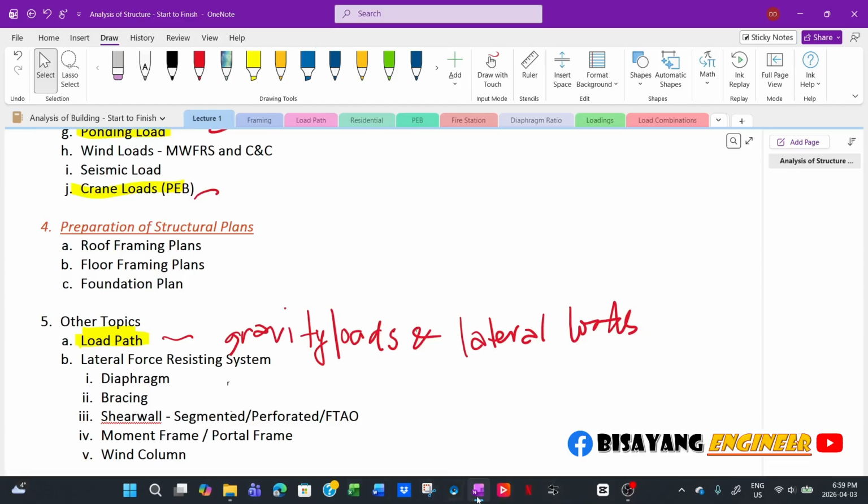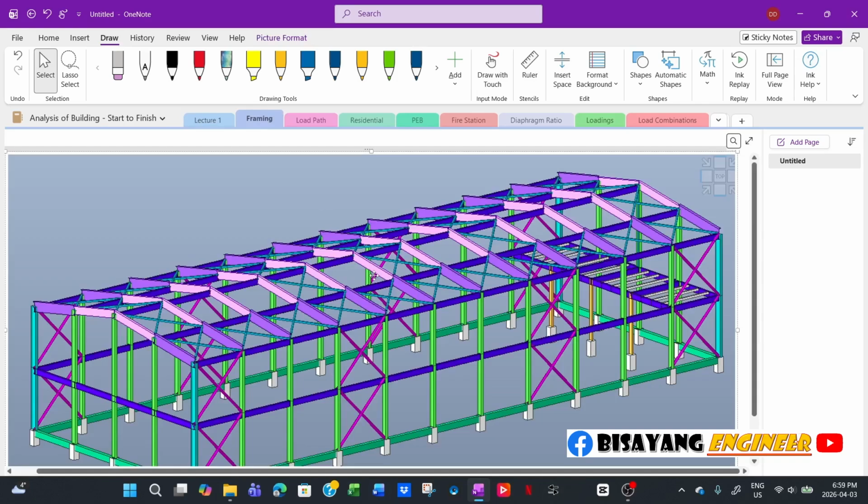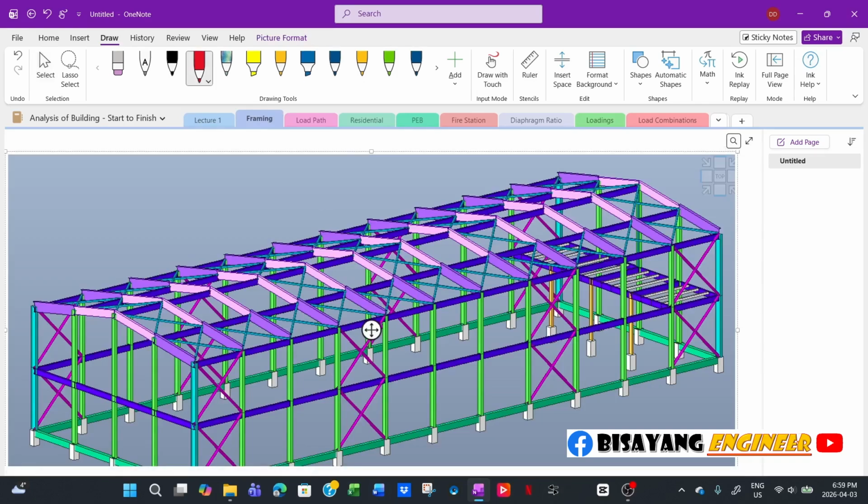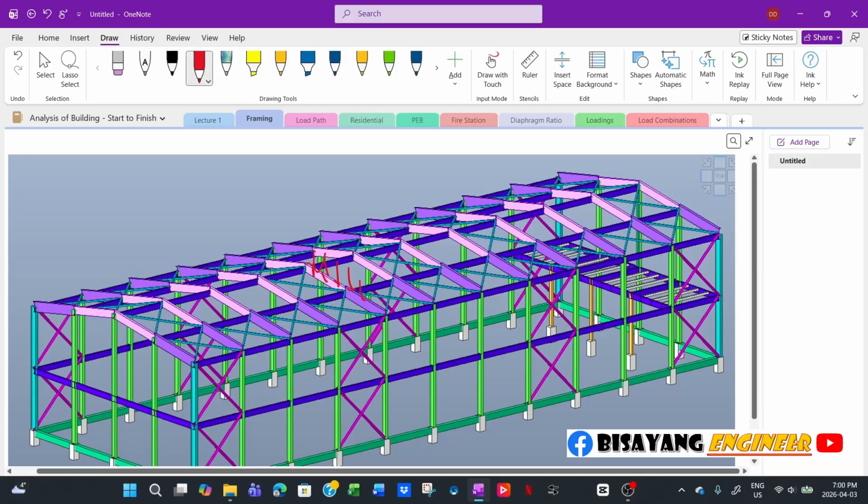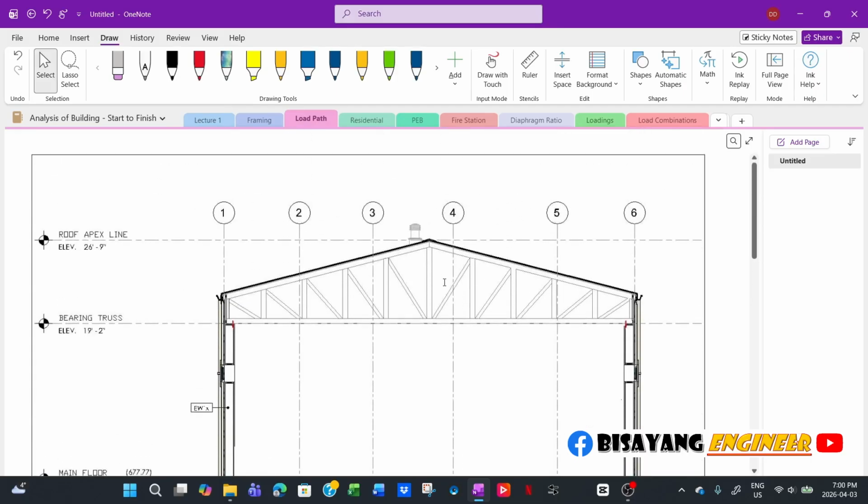Now we should start from the roof. So for example, this is your roof framing. You will have the gravity loads. If you have purlins, and you consider snow load, the snow load will be on your roof panel. I have prepared a section here. So if we zoom this out,